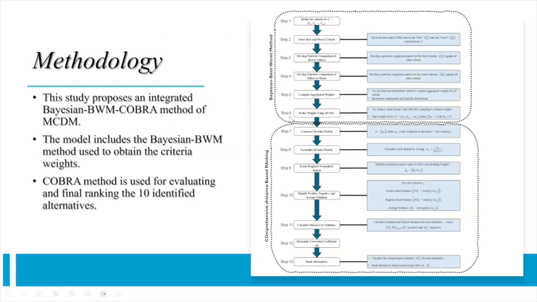Here we define, we select the BWM criteria. We look at the parameter pairwise comparisons. We look at the best and the worst particular comparison factor. We develop them. Then we look at the aggregate weights. We refine the weights using the Markovian model. And when this is ready, we try to work on the COBRA method for ranking and evaluation.